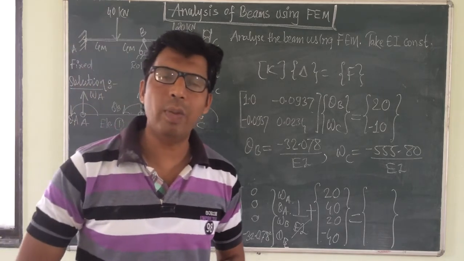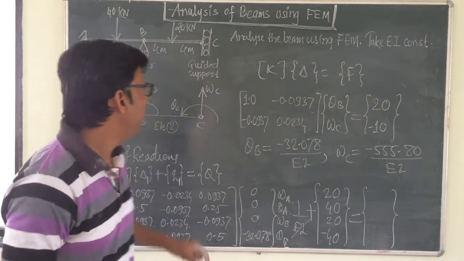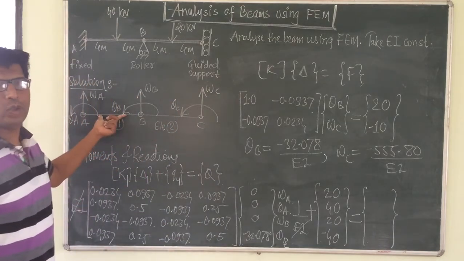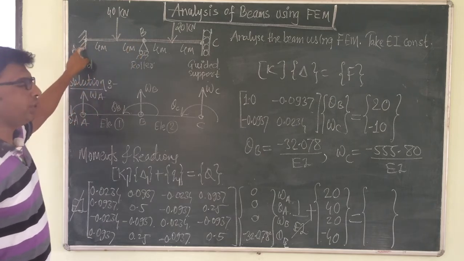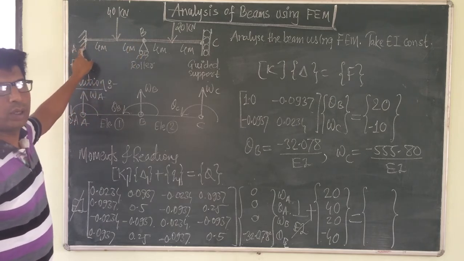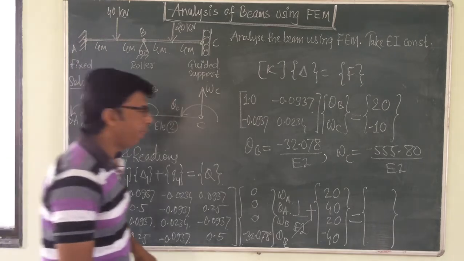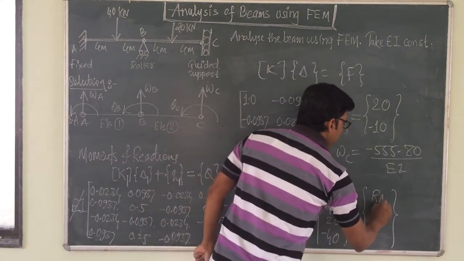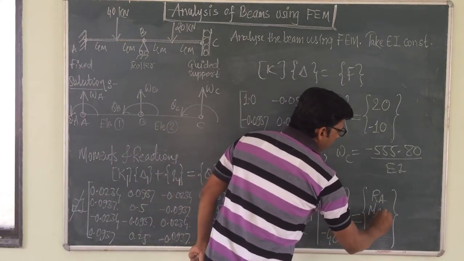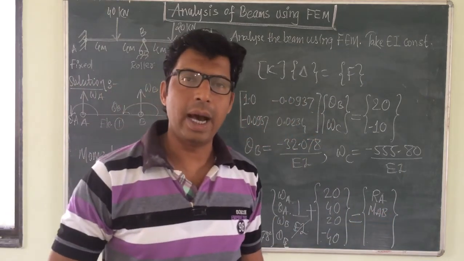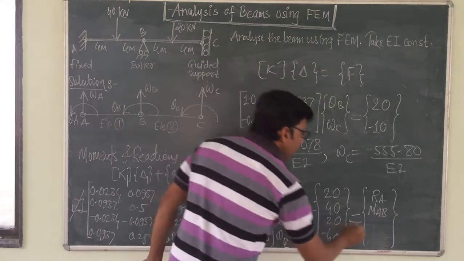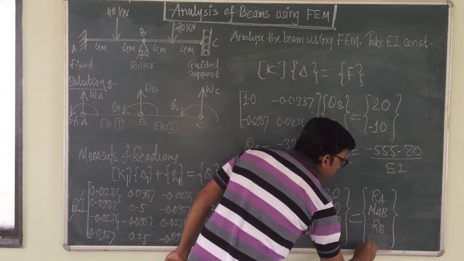Which are the unknown moments and reactions in element number 1? The left joint is A and the right joint is B. So the reaction is RA, and the moment is MAB at joint A. And at node B, it is RB